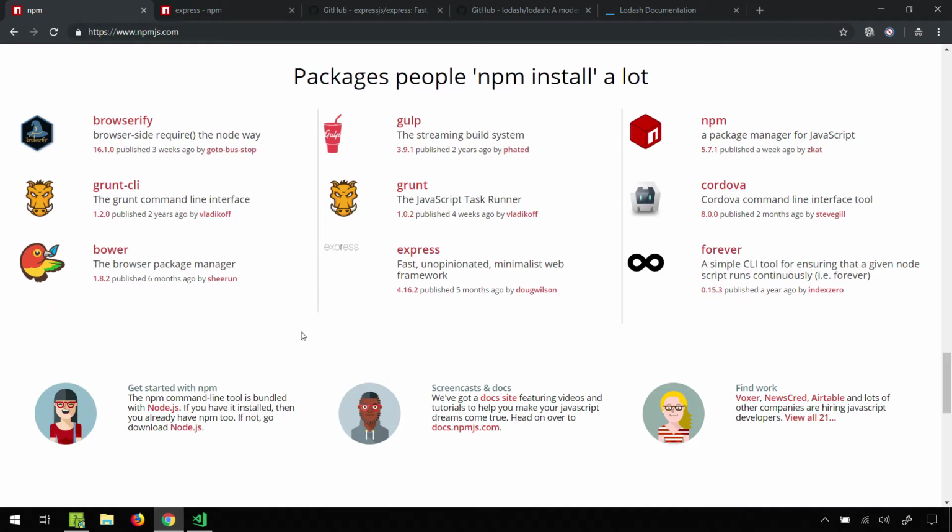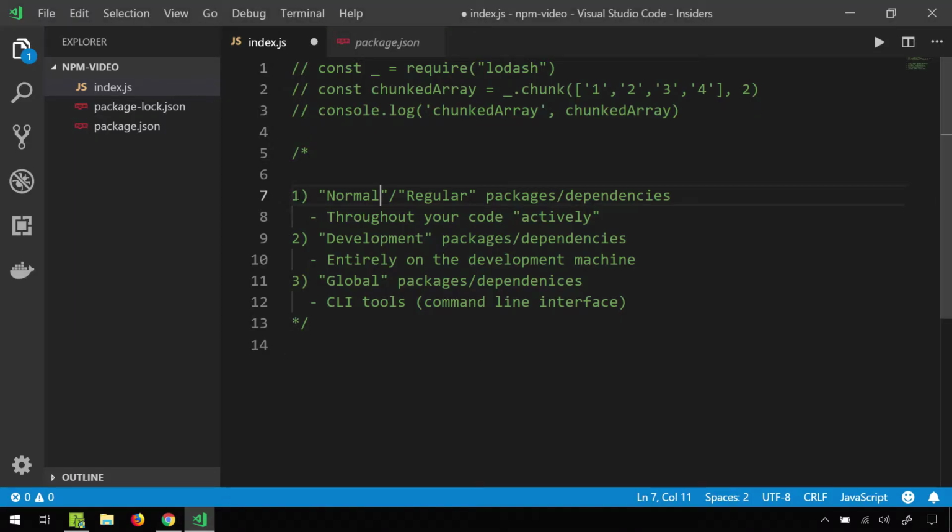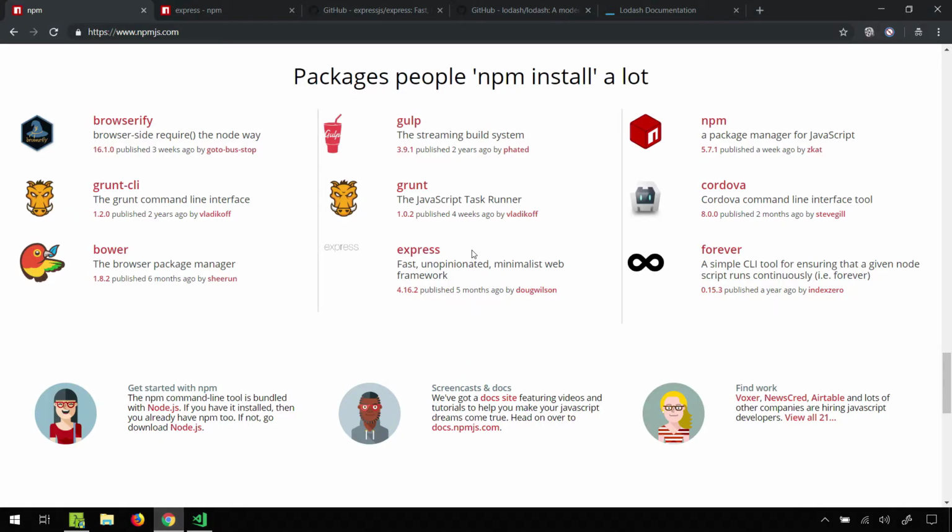So for example, we have seen this Lodash. Lodash, I would say, would go to this normal dependency because it actually affects our code. The development package is something like grunt or this one or this one. So for example, this is the JavaScript task runner. This is the streaming build system. So let's say that you're working on some site. At the end, you just want to have maybe 2